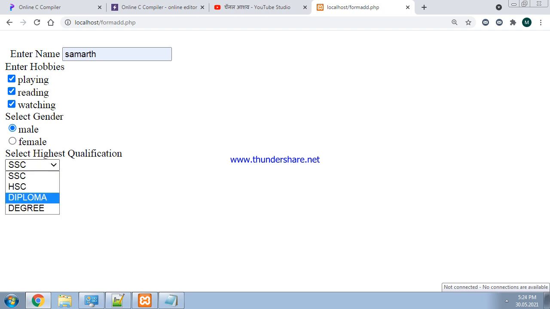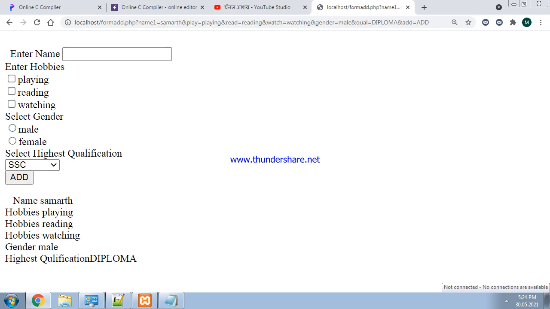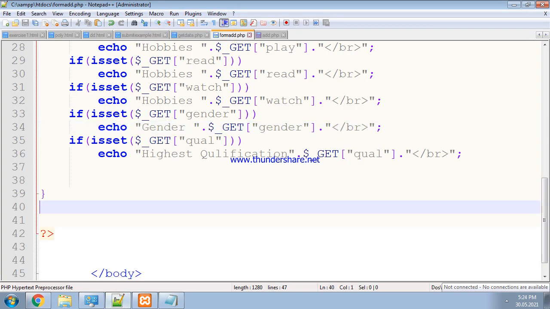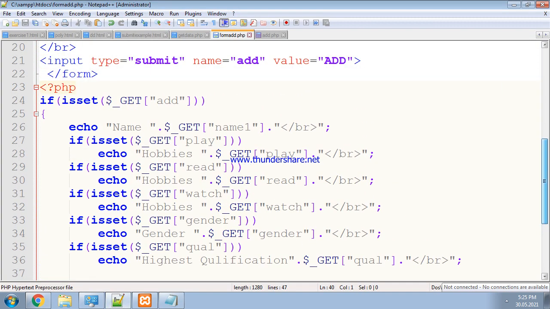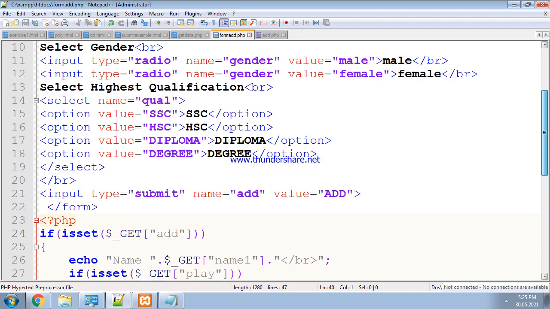Highest qualification, suppose we take diploma. Okay, now add. Here name Samartha, hobbies playing, reading, watching, gender male, and highest qualification diploma. So this value is printed here. This is the way for retrieving the values from the text controls.